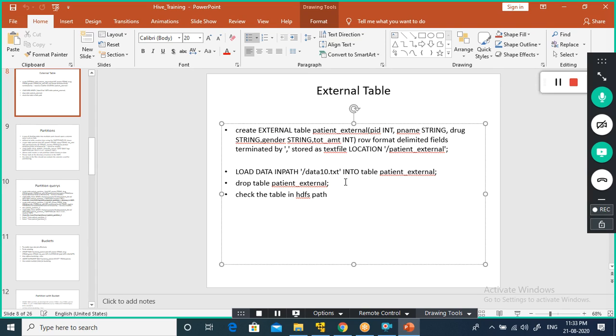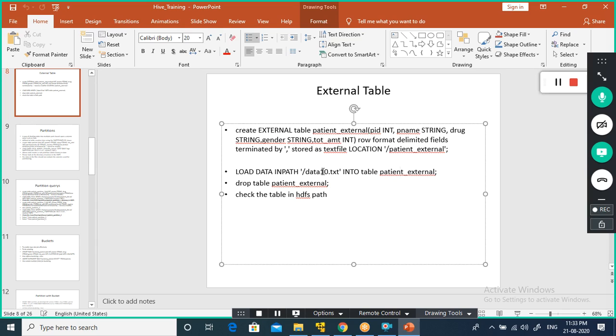The data will get stored in the table, but still the file will get stored on top of the Hadoop file system only. But instead of using insert into and loading the data, the file is already sitting on top of Hadoop file system, right? So create an external table, and then specify the path name of this file, the folder name, in which location of Hadoop file system the file is sitting, right? So what did I just specify? The patient external, right? Here stored as text file. Look here, this is the table, column name, everything, row format, this is the syntax, delimited fields, comma, stored as text file, location, patient external, right?